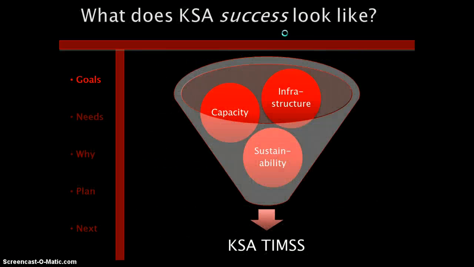So when I talk to policymakers especially, they're often interested in what success looks like. I always have a problem with this word, because success looks like whatever you want it to look like. If I say that me not falling down on the way up the stairs is success, then voila. If I make it to the top of the stairs without hitting my face on the ground, then I have been a success. But I think a better way to measure that would be to think about three things that I've emphasized in your project as well: infrastructure, capacity, and sustainability.